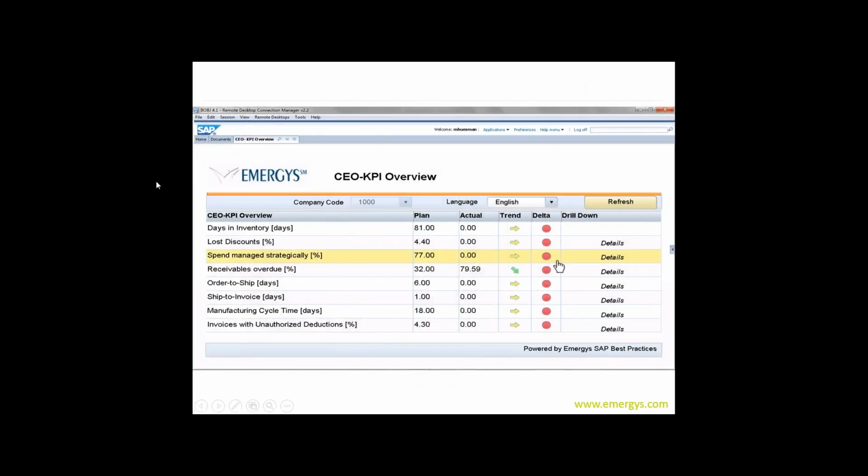The other one that has a lot of immediate value is the CEO view of the world, the key performance indicators. Again, the most commonly asked for key performance indicators. And then this, I would suggest, is pretty much focused around manufacturing. You get to see the plan, the actual, and you can see it's demo data, so it's not perfect. The receivables overdue is really the only one driving here. And you can see the trend is pointing down.